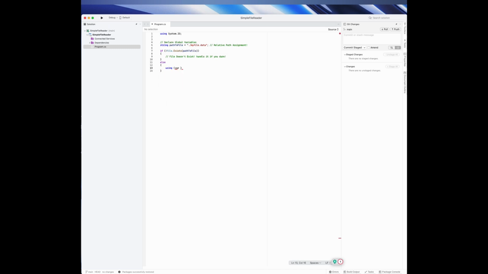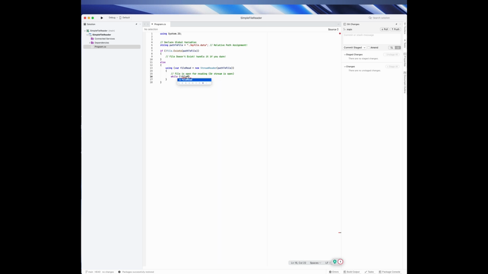So if the file does exist, we're going to use a variable called fileRead, and then we're going to use the StreamReader class and the path to the file. So this will create a variable called fileRead that is a stream to the file. So within the using, the file is now open. The file handle is called fileRead, and while not